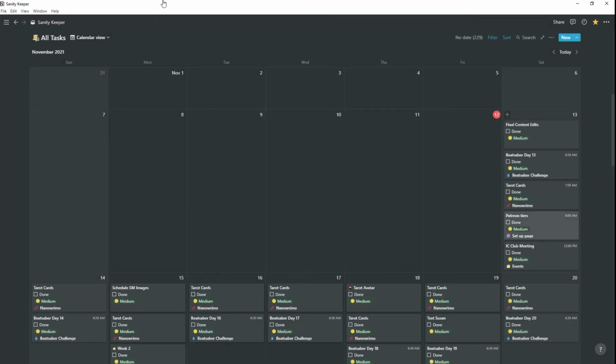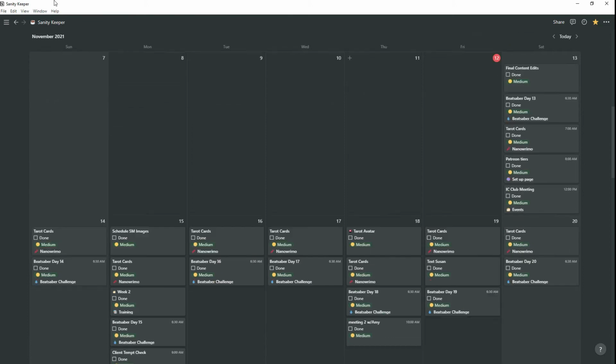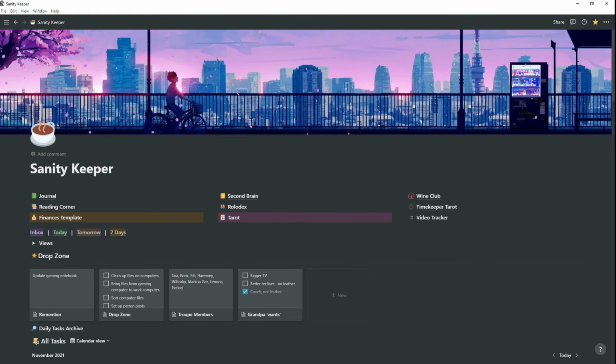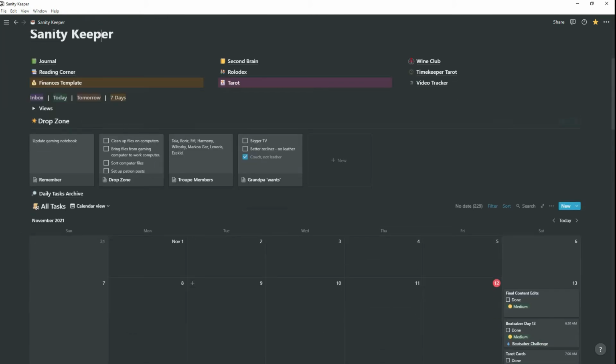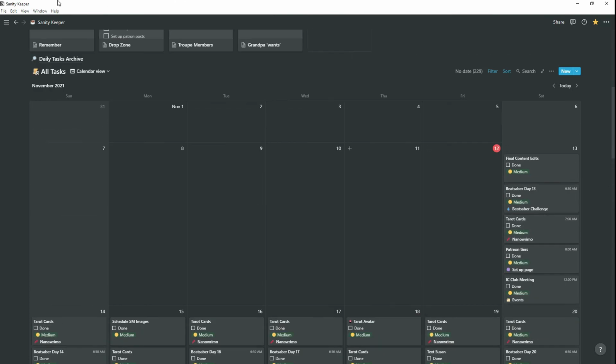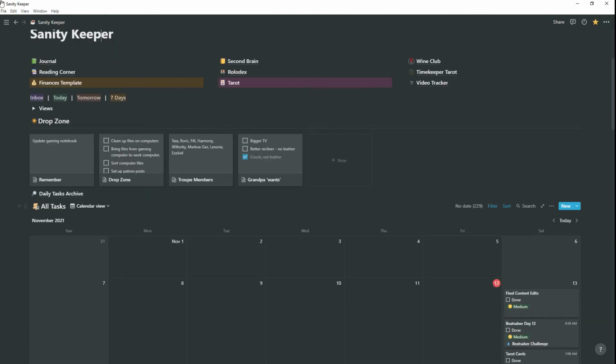And in my brain, I'll know that that purple dot has to do with Patreon. So you can go in there and change the emojis and the icons and things like that if you need to, which I find to be really useful. And this is honestly, like it says right here, my Sanity Keeper. This is where I come in and I plan things and look at my calendar and figure out what I can do and when I can do it and all of that stuff. And I absolutely love it.